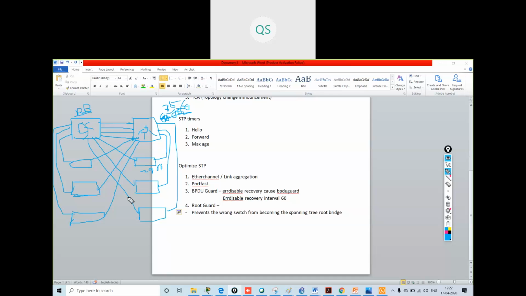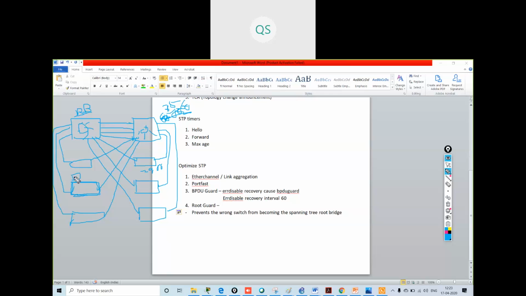Now suppose one of the access layer switches got damaged or is not working, so we have changed the switch. When we have connected a new switch, the priority of that switch is 0.